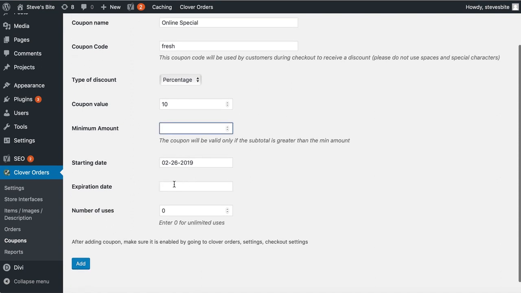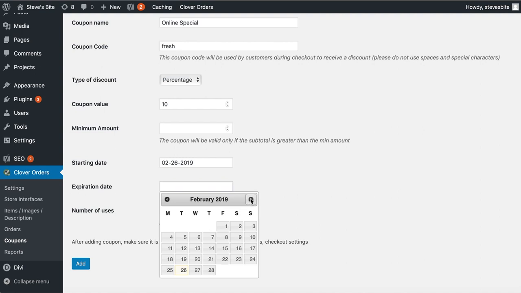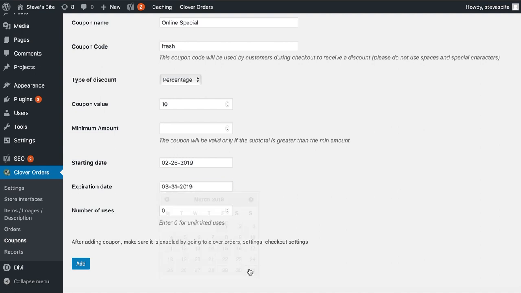Starting date, we'll have it today. Expiration date, let's see, 3/31. March 31st, okay? And then unlimited, so it's better to put unlimited unless you only want the first 100 customers to use it. You could put 100, but 0 is for unlimited because it will expire on this date, so might as well